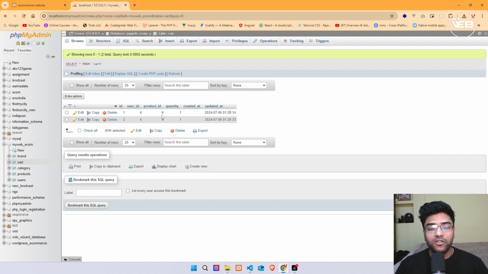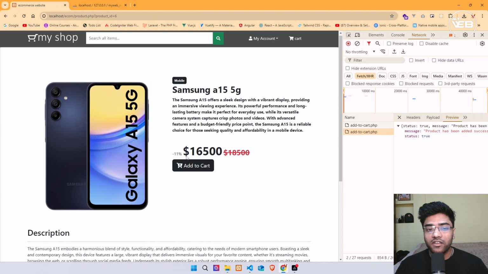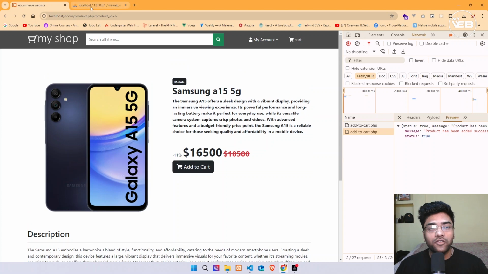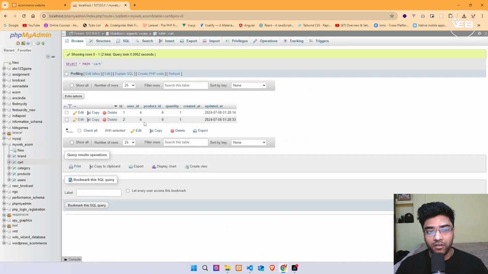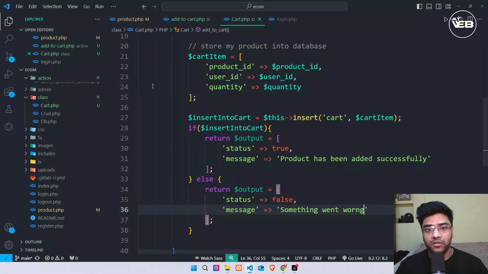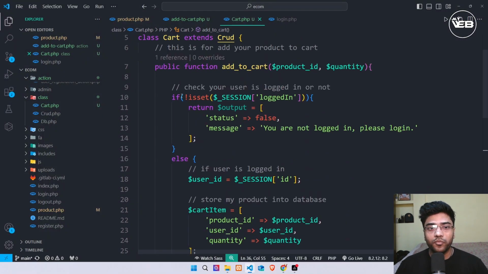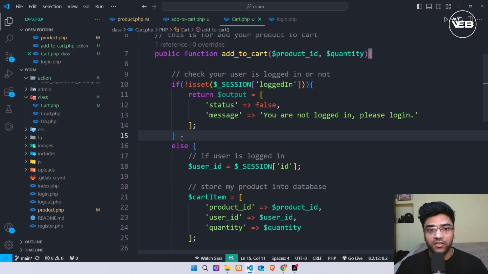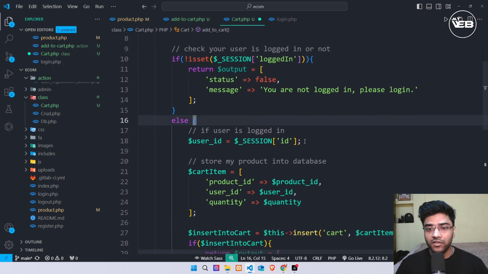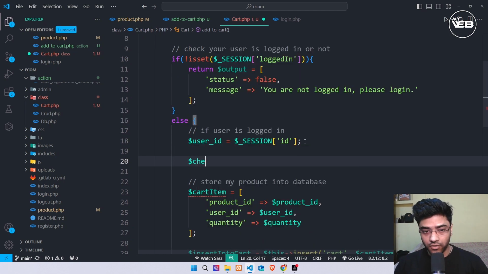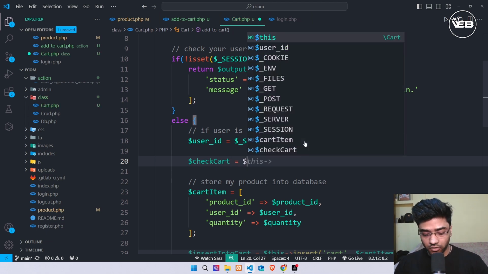Okay, because when I click on this button again, my quantity should be increased, not create a new column. So I mean not insert a new column. We just need to update my quantity here. So how can I solve this issue? So I'm just going back to my code and checking at top of the page function and apply this else condition. In the else condition, I create a variable which is for the check cart equals to dollar this